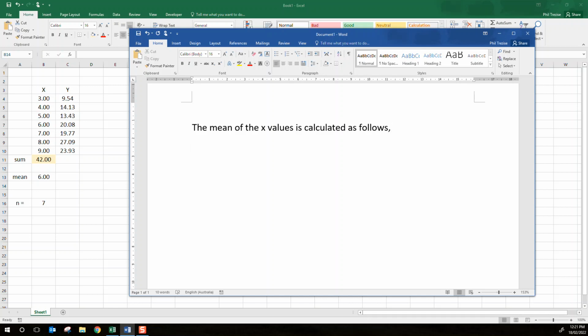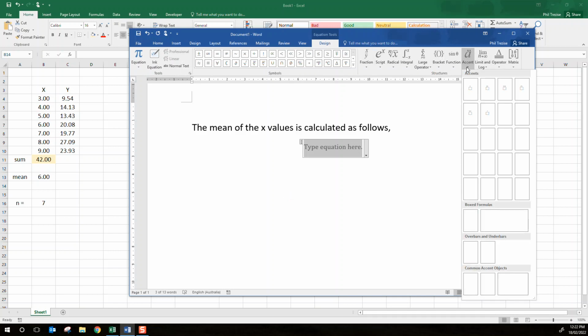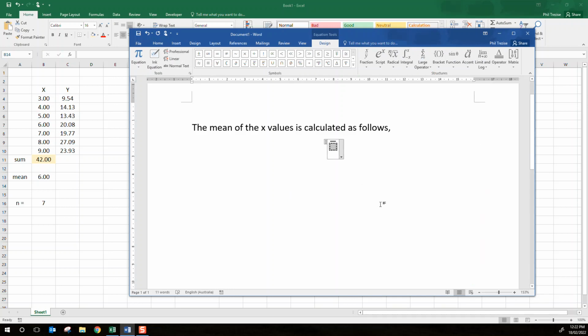Now, I'm pressing the Alt key and the equals key. It gives me an equation editor. I want to type the formula. So I can go up to here. You see this one with accents? There'll be one down here somewhere with the little line. There it is, the little bar. And then I can put the X in there, move to the right,